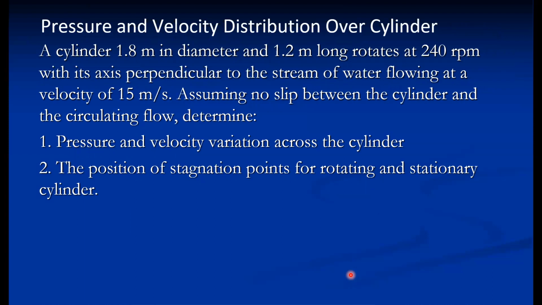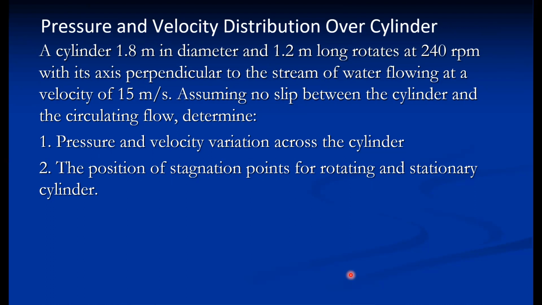using a Scilab program. In this case, we have considered a cylinder diameter of 1.8 meter and its length of 1.2 meter, rotating at 240 RPM. The cylinder rotates with its axis perpendicular to the stream of water flowing at a velocity of 15 meter per second. In this case, instead of water, we consider air also. Assuming no slip between cylinder and circulating flow, determine the pressure and velocity variation across the cylinder, and the position of the stagnation points for a rotating and a stationary